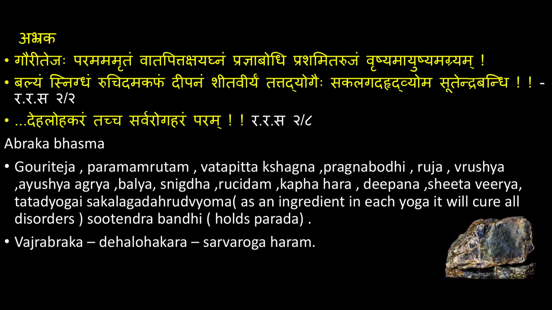Again the quantity is the same as that of Parada and Gandhaka. Phalashruti for Abhraka Bhasma: one thing you have at the bottom line is Devya Rajo Bhaved Gandho Dhatu Shukram Tatha Abhrakam. What you have in the reference in chapter number 2 in Rasaratna Samuchchaya, where he speaks about Abhraka, is nothing but the Shukra.